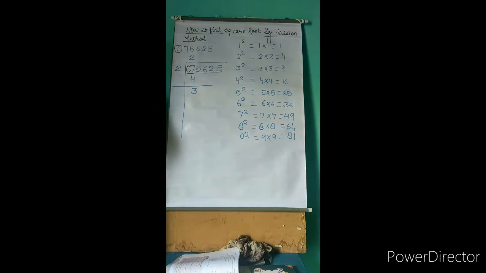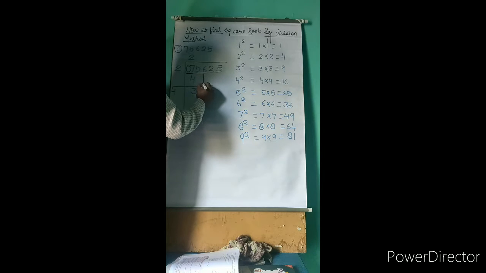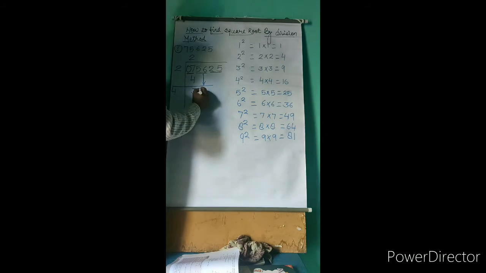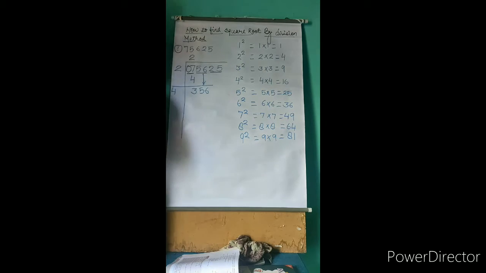Next, this 2 and 2 you add and write here 4. The remainder left is 3. Now we bring the next pair down, 56. Now we will find a digit which we can place here after 4, and the same digit we place upside. With that digit you multiply this 2-digit number, so that we get something equal to this or less than this. So we will try with 2.